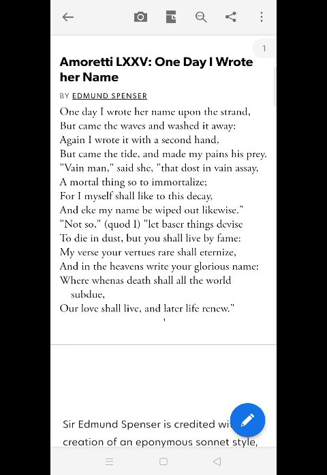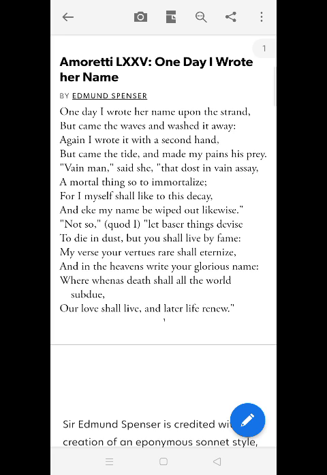And in a way, his beloved is trying to make a mortal thing to be immortalized. Here it seems that the beloved is much more realistic in her attitude, in her belief,